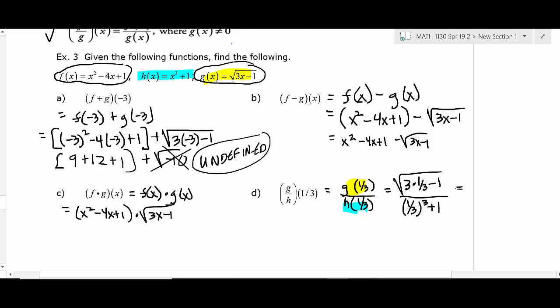Okay, let's see. What would happen in the numerator? The 3's would cross out. You would end up with square root of 1 minus 1. That's equal to 0. And then the bottom, okay, here's the thing on this. Who cares what 1/3 to the third plus 1 is? What's the answer to this problem? It's 0. Okay, you don't have to work that out because 0 divided by a non-zero number is always going